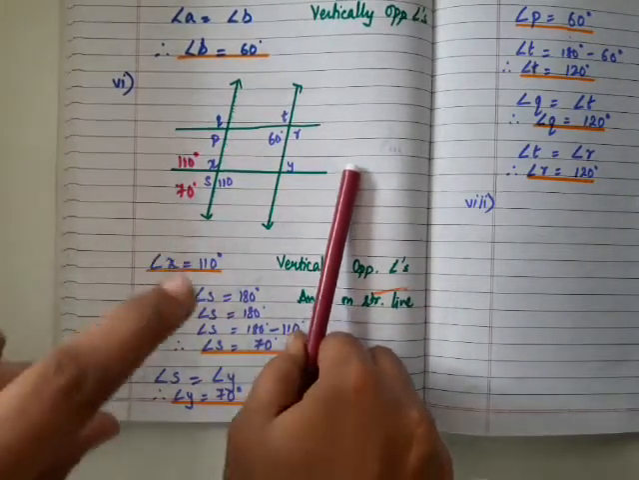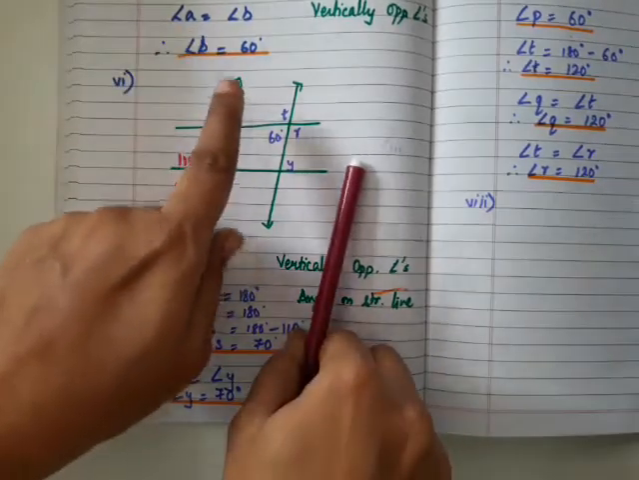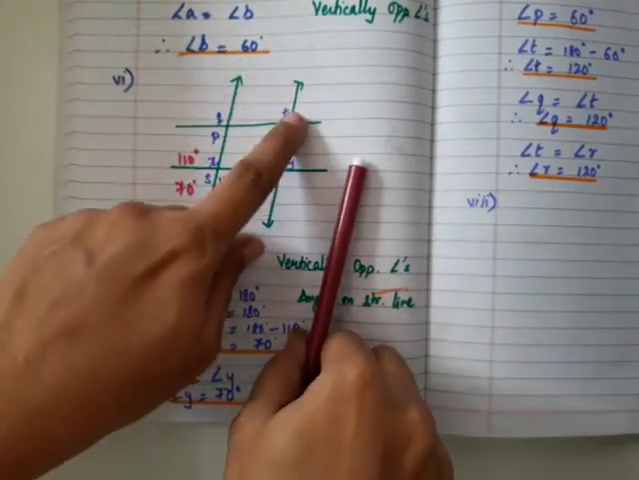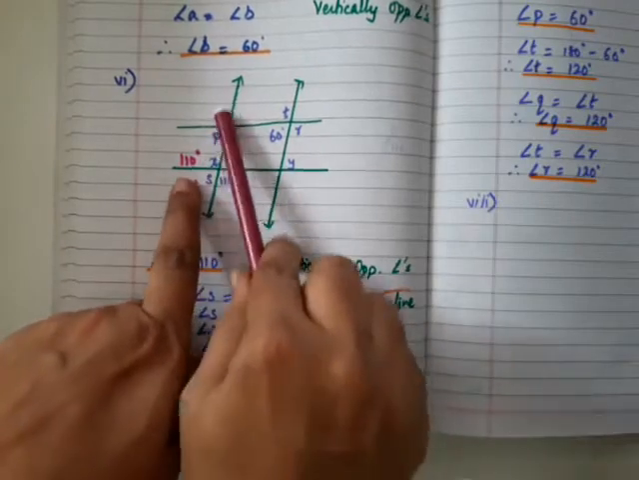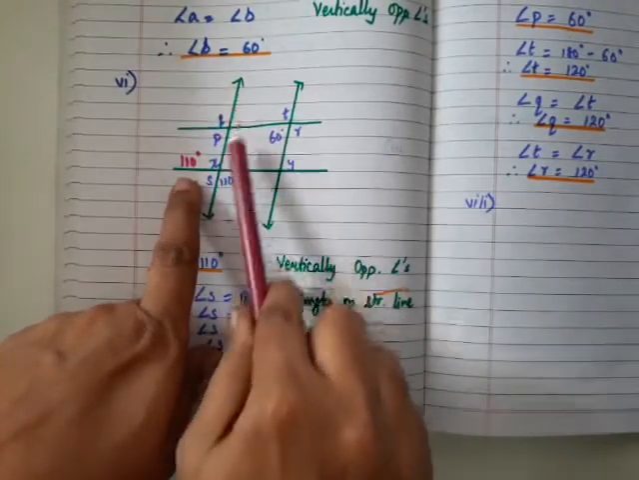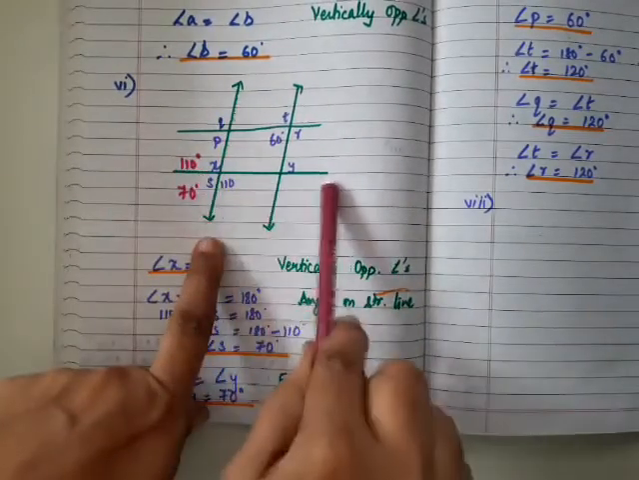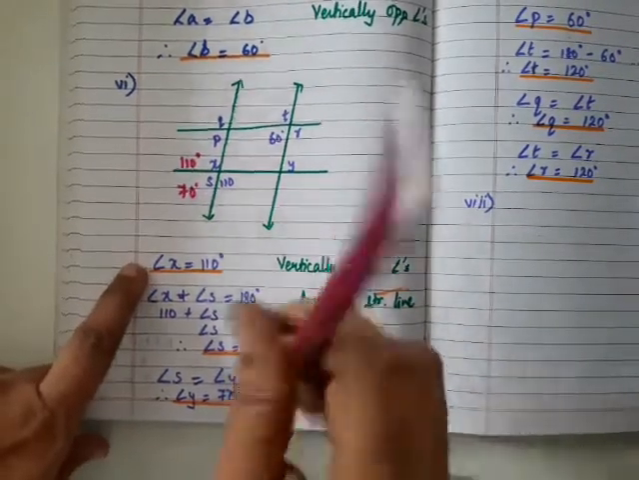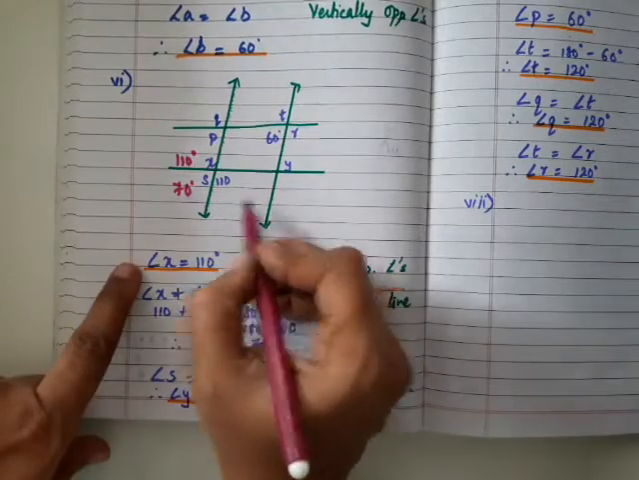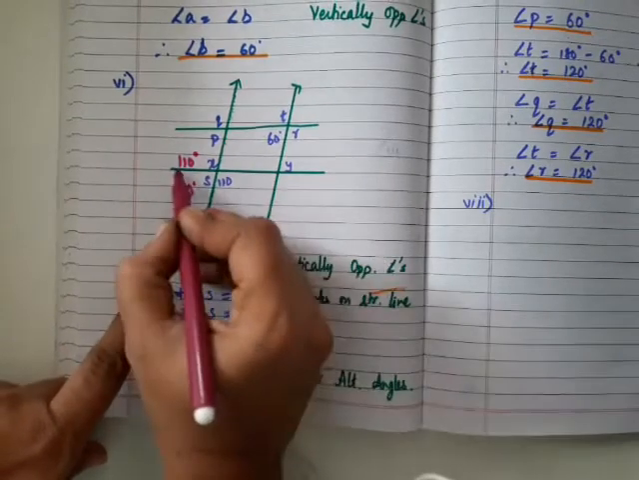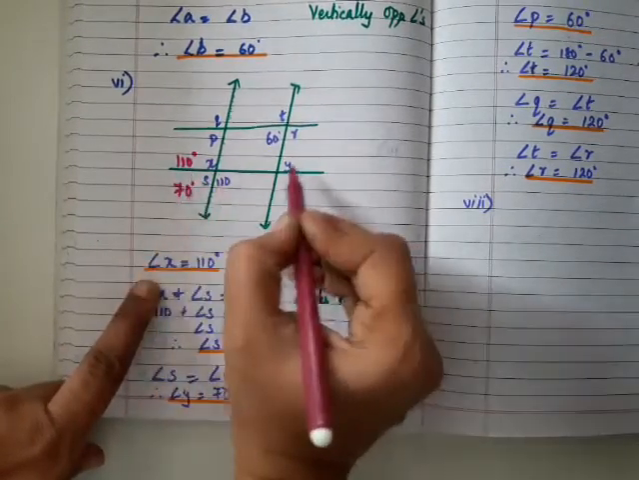You should always see the figure carefully and read the known things. Now these two lines are parallel. I can't go with this saying that Q is 110. No, because these two lines are not parallel. These two lines are parallel and this is acting as a transversal. Okay, so here, as these two lines are parallel and this is acting as a transversal, if you see here